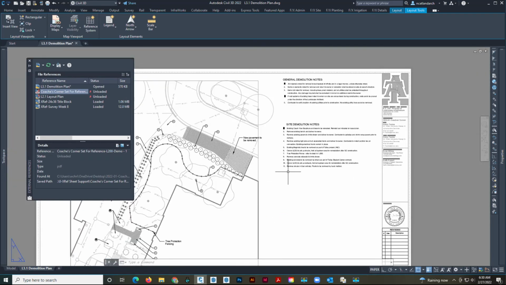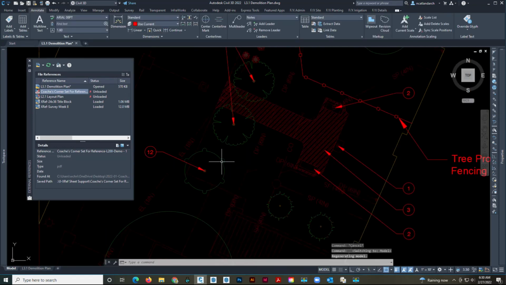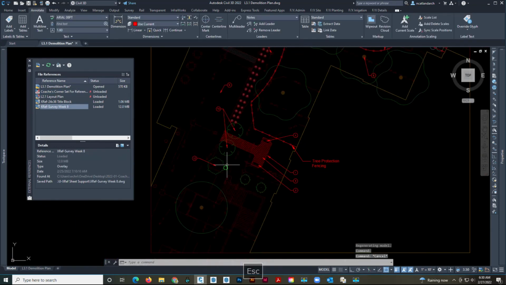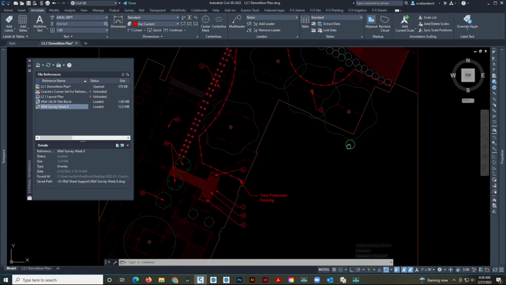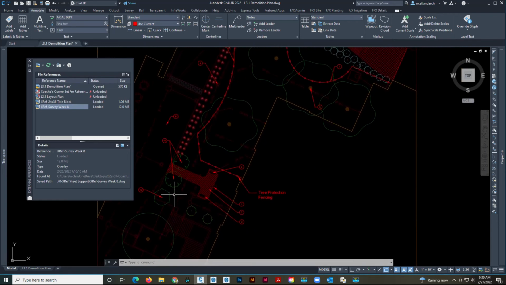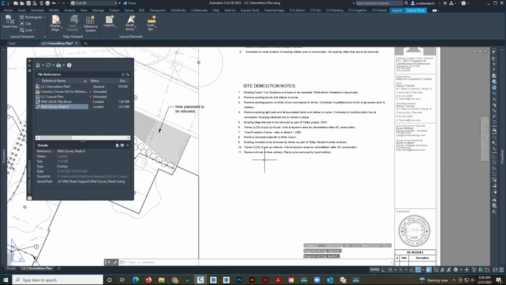And I'm going to add a 12 note because that is a pin oak, right? I'm pretty sure that is a pin oak, not a magnolia. So on this here,